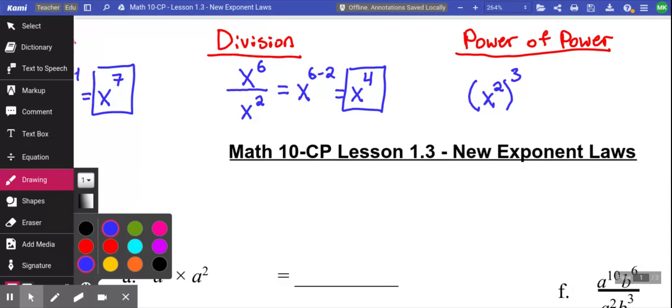Yeah. We multiply. So if we want to make that into 1 power, it becomes x to the power of 2 times 3, which is x to the power of 6. Those were the 3 rules we learned. Multiplication, division, and power of a power when you have multiple exponents. Cool. Let's see some practice questions with those 3 laws. So if we go to question 1,